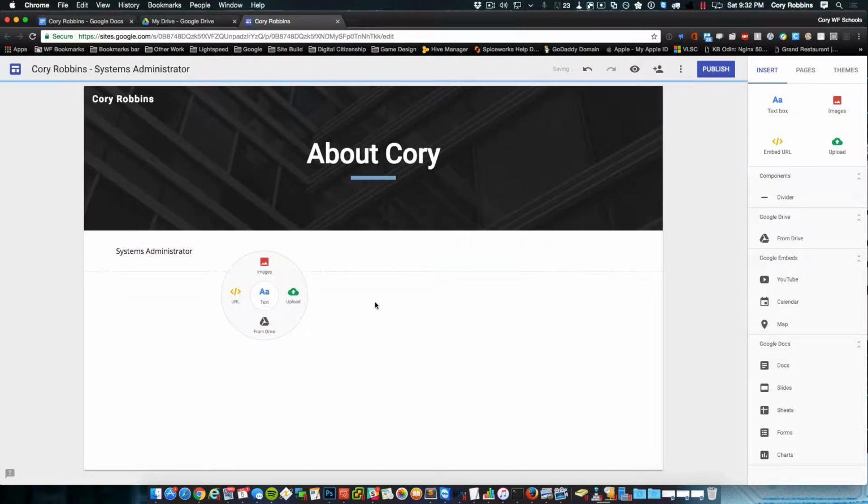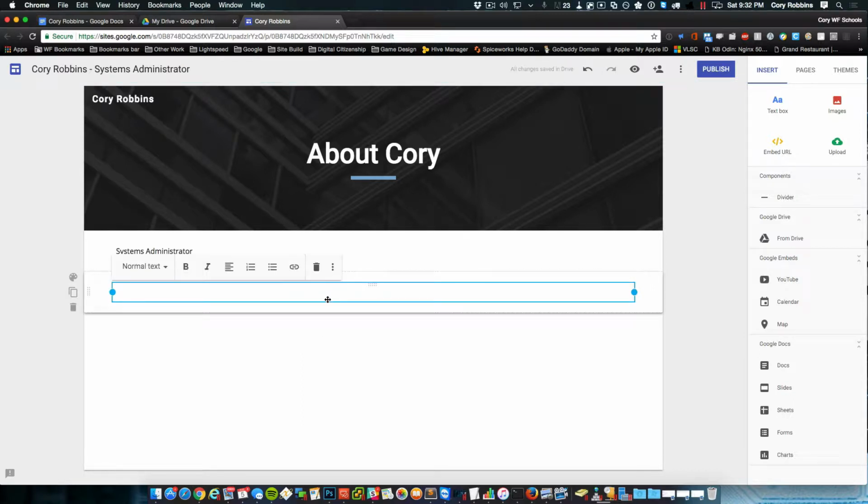Then the cheater way of adding a new text box is to double click on this big white space down here. It opens up this wheel, and we're going to click the center text option, and it does the same thing. I just don't have to move my mouse all the way over there every time, which is especially handy if you're using a trackpad and you're not super good at it. Anyway, so systems administrator, percussion instructor,